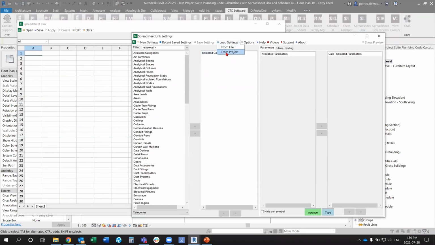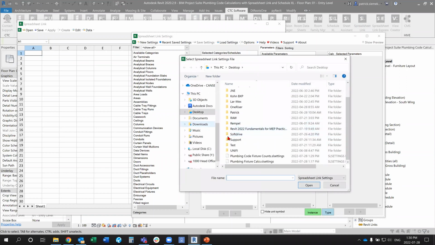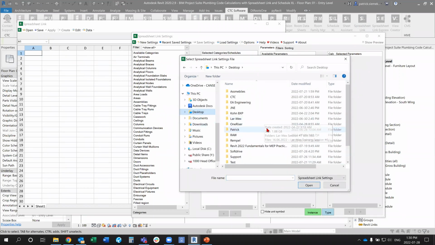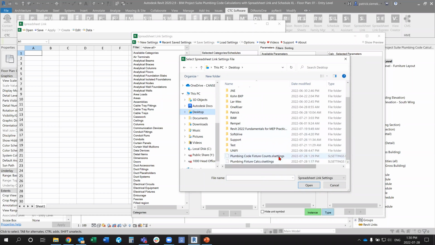So I'm going to go to load settings from a file. There is counts. There is my final option. When I click open,